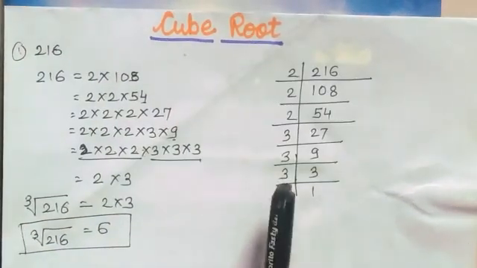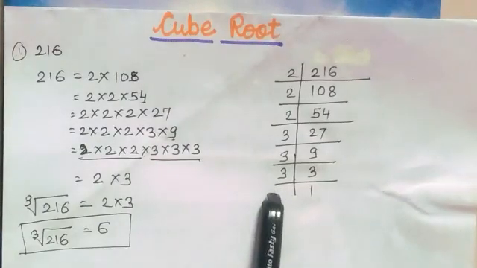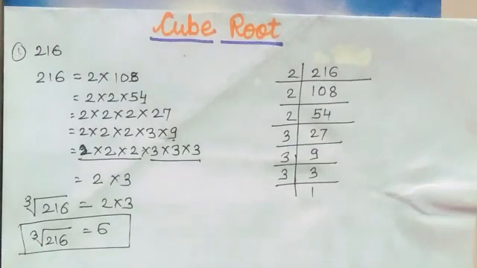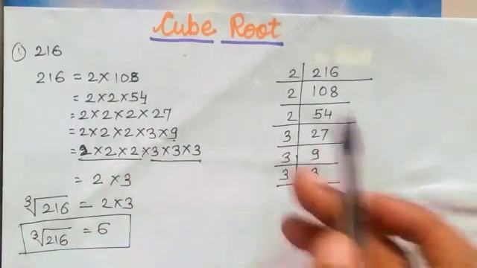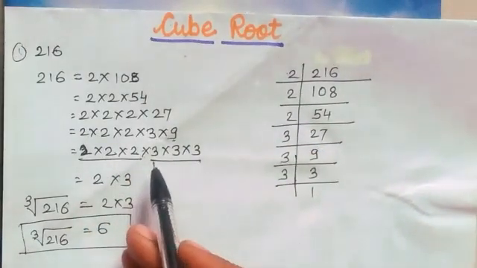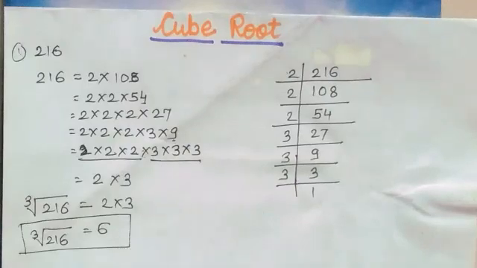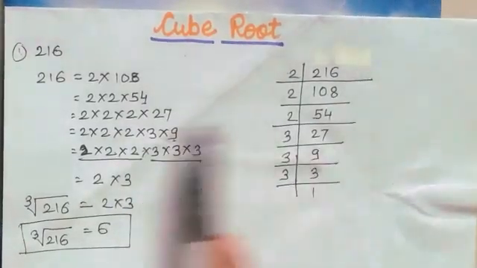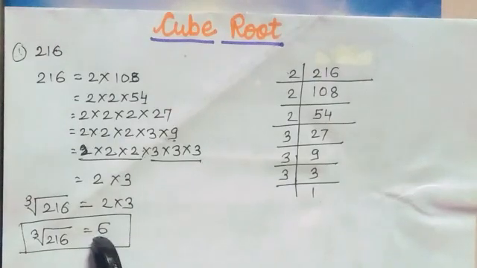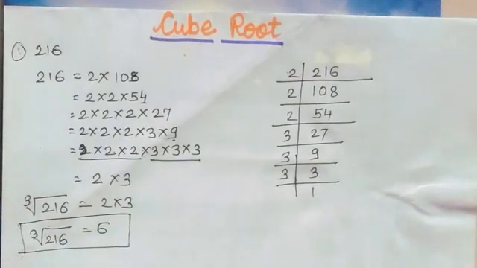This is also another way which we can use for the factorization method. Both the methods, horizontal and vertical, we can use for the factorization. From both the methods we can get the same type of prime factors. So whatever you feel is easy, you can use it, and the remaining process you have to continue in both the cases. So in that way we can get the cube root of 216, that is 6.